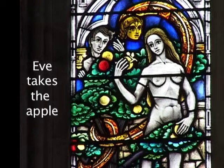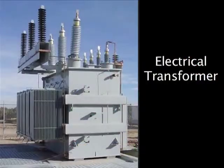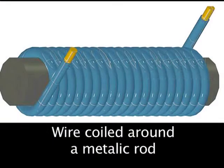In order to make electricity effective, it needs to be transformed either up or down to a voltage that is agreeable with our appliances or machines. This is where the serpent comes in. For electricity to be produced,